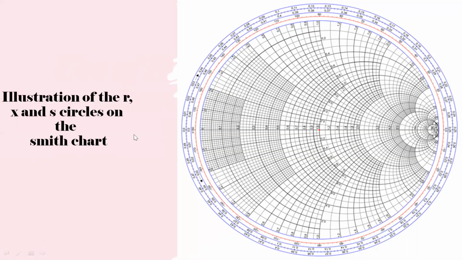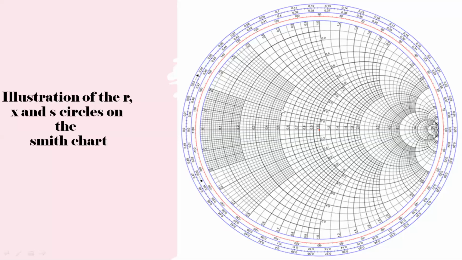This is for the resistance R equal to 0, R equal to 0.1, resistance value 0.2, 0.3, 0.4, and it goes on to infinity. For the infinite resistance value, the radius of this circle becomes a point. If you look at the shape, our circles will be like this. The maximum outer circle is the R equal to 0 circle, and this is the R equal to 0.1 circle, and similarly the R equal to 0.2 circle, R equal to 0.3 circle. Here the R circles are shown as full circles.